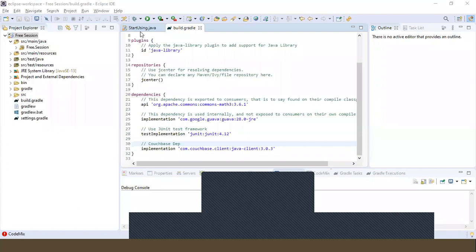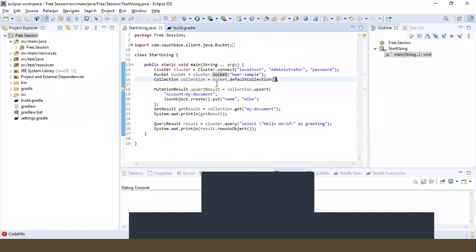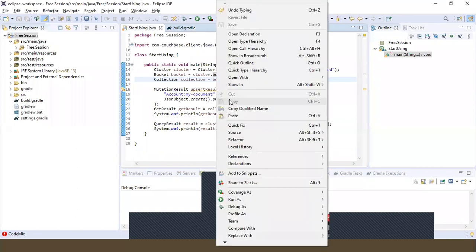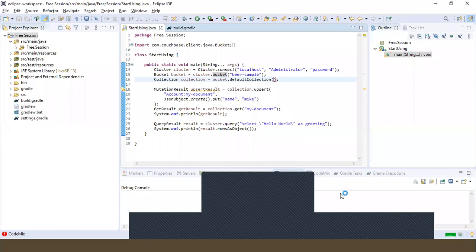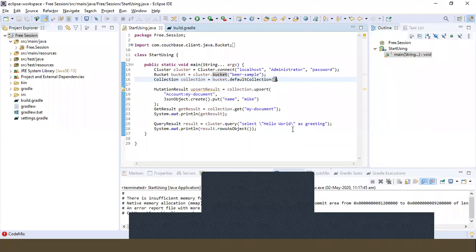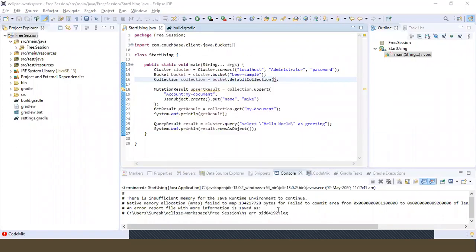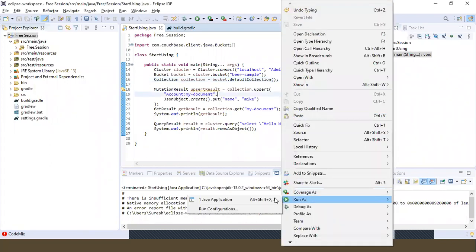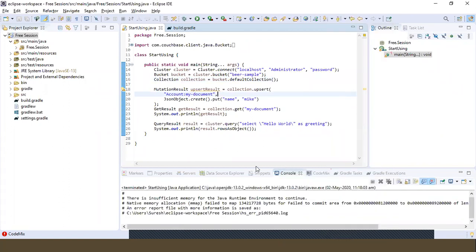So this is about that. I will execute this program. There is insufficient memory for Java. Okay, I'm sorry.